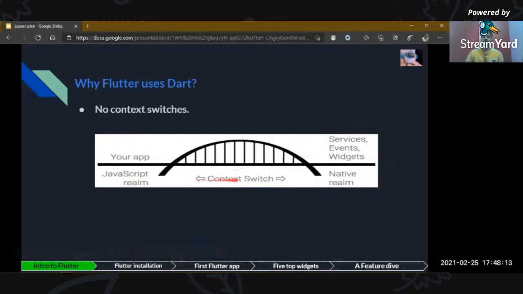That leads to janking of the application. If you have developed Android applications, you might have noticed this if you have deployed advanced features into an Android application or on the iOS front.